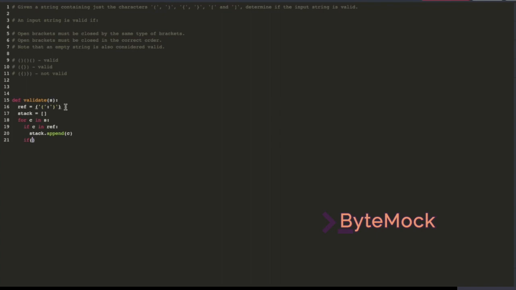If ref C, I guess we want to say if C equals